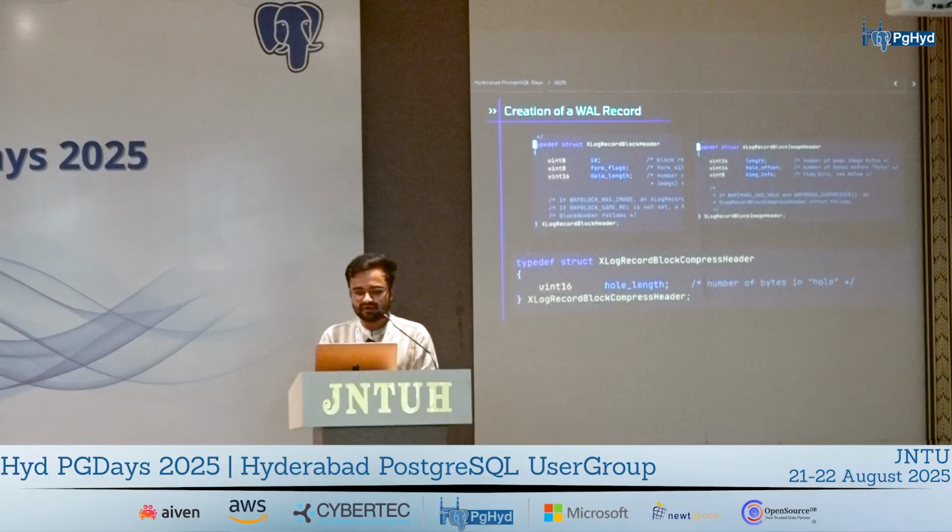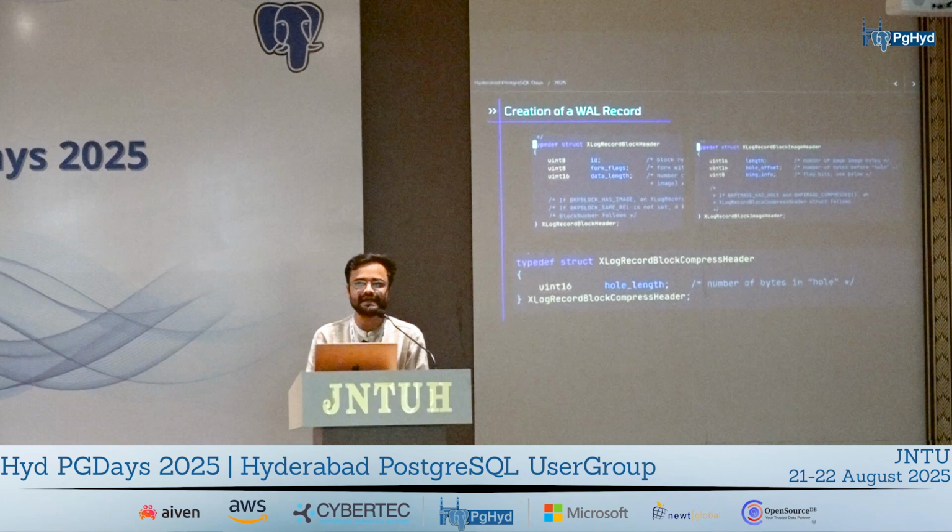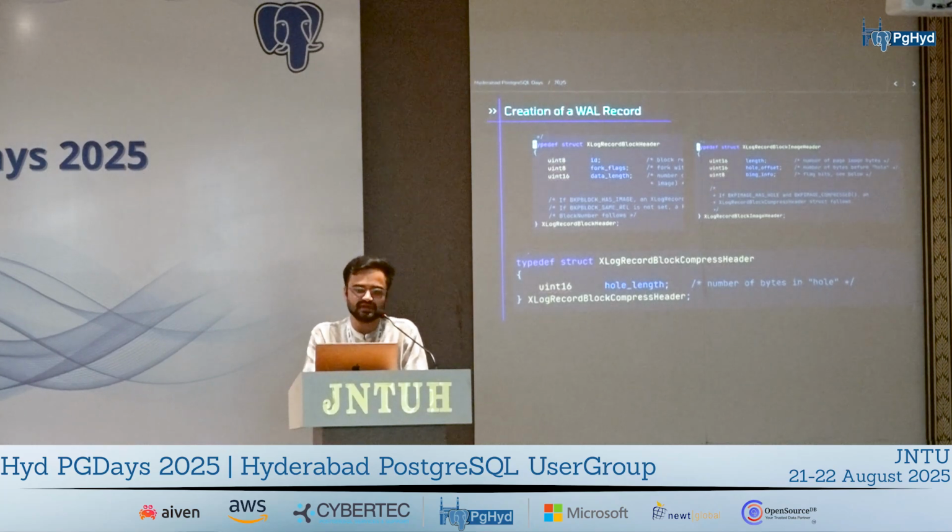The xlog block header also contains 2 more subparts. First is the xlog record block image header. This contains data about the holes within that page. Let's say you ran a delete query and it removed certain tuples from your pages, right?